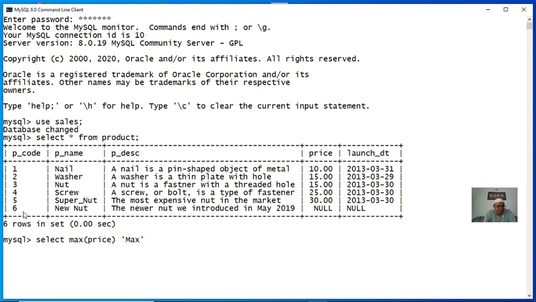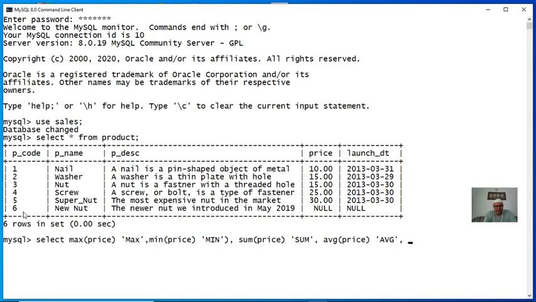Similarly, min of price as min, and then sum of price as sum, average of price as average. When we use column aliases, as is optional. Average of price as avg,